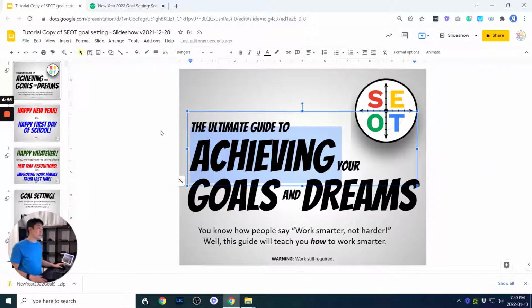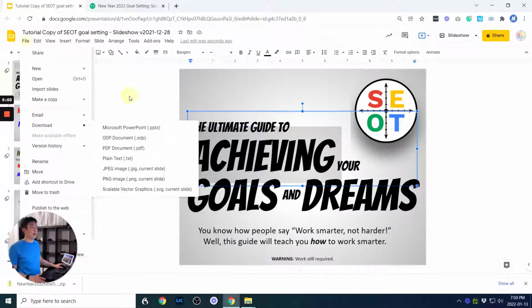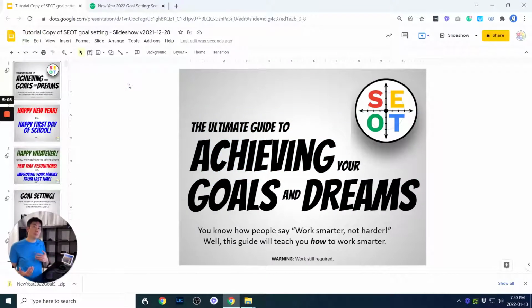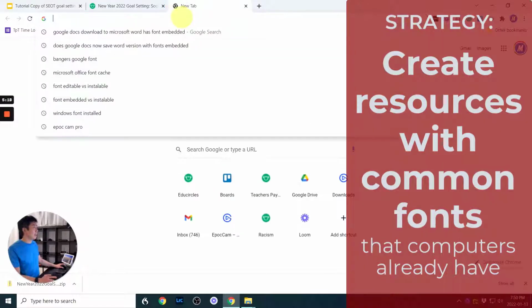So where the issue sort of came up for me was back in the day, if I was to download this as a PowerPoint, not all of the fonts would embed, and then I would have to find a way to get those fonts to teachers, and it is what it is. So if you are creating resources and you don't want to deal with this font headache, I'm just going